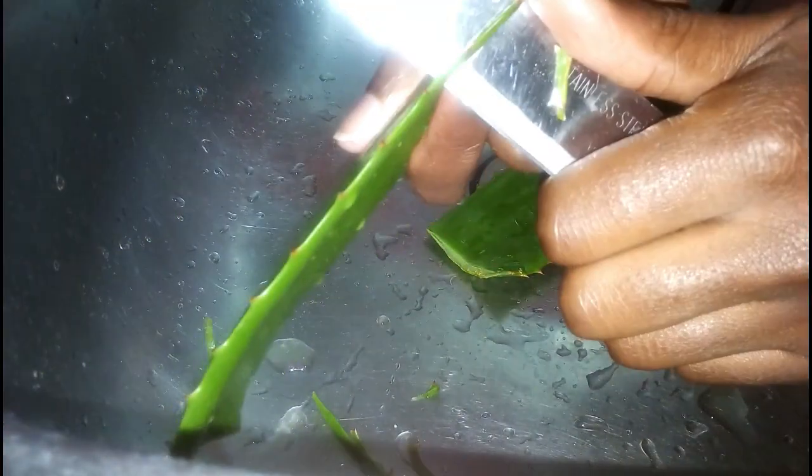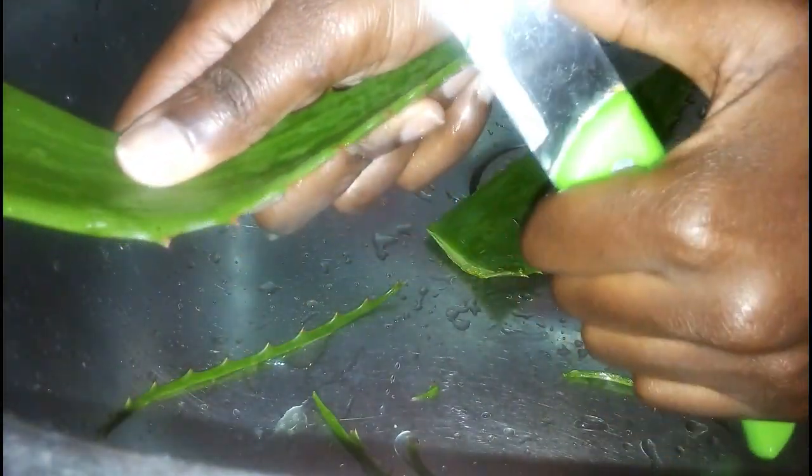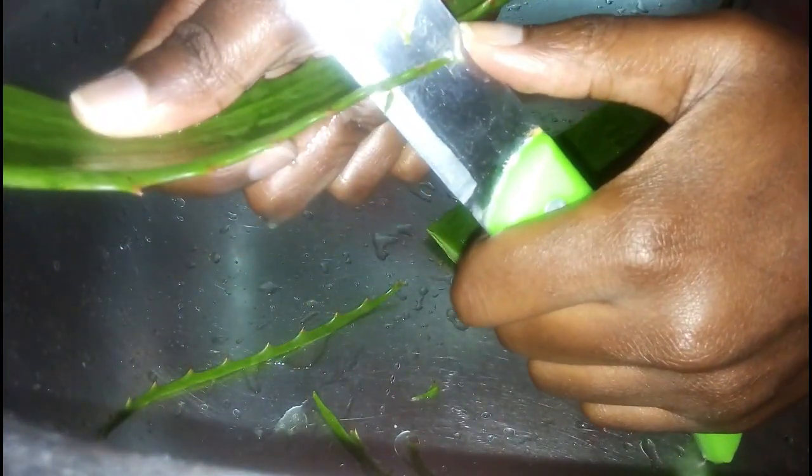So you may be wondering why aloe vera on hair and scalp. 1. It nourishes the scalp. 2. Gets rid of dandruff, so if you suffer from it, then this might just be your remedy. 3. It reduces frizziness on natural hair. And 4. It also acts as a leave-in conditioner, or you may also choose to rinse it out if that's